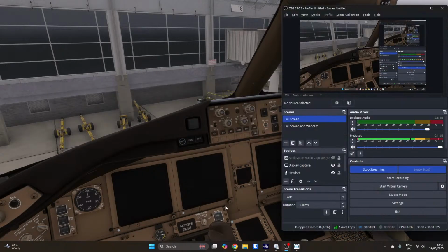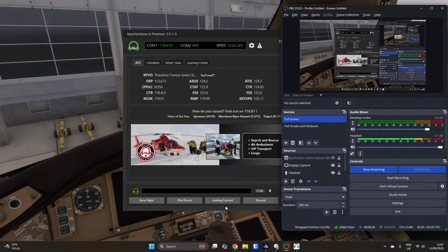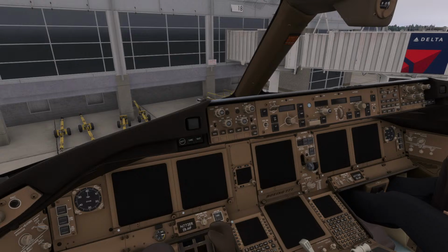Okay, let's go and check volume levels before we get going. I've also got SayIntentions running in the background. We'll use it for radio or air traffic control along the way. So we're going to be flying to Toronto. So just before we get going then, I'm going to get my second screen ready with the instructions to start